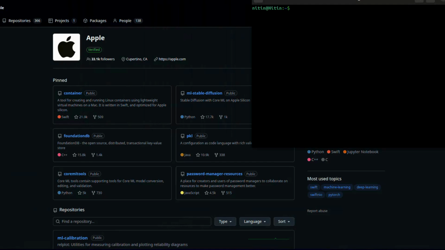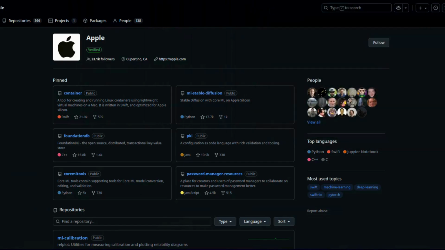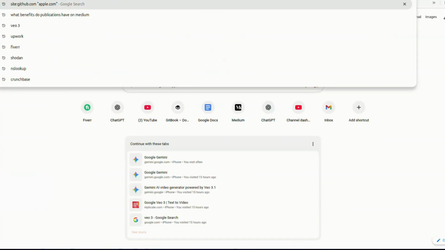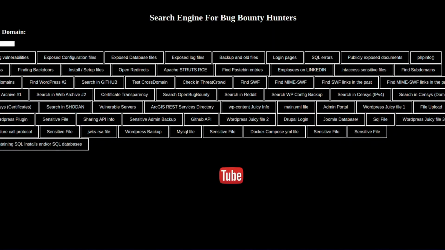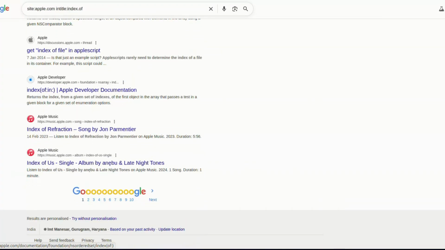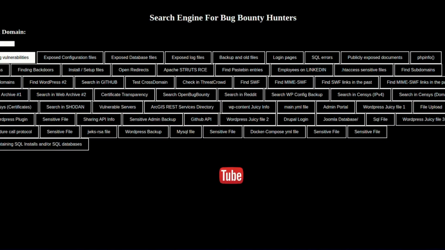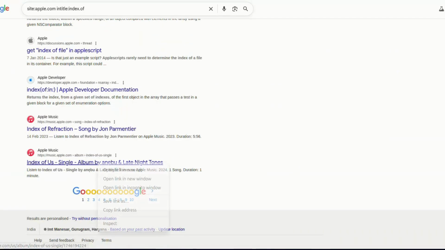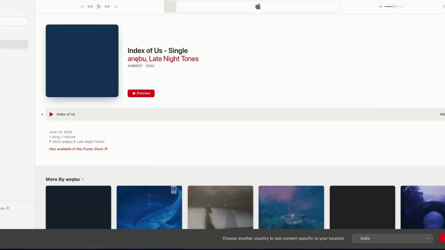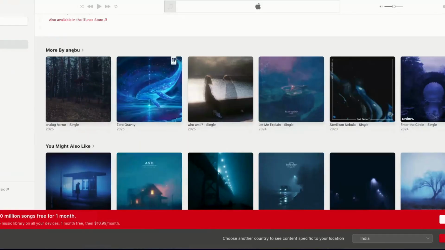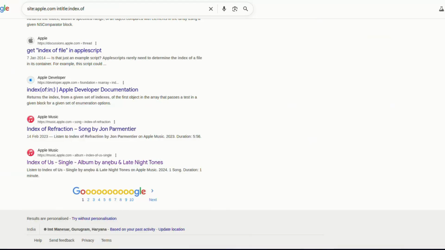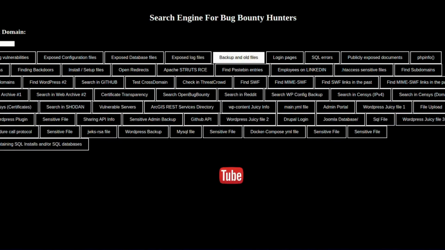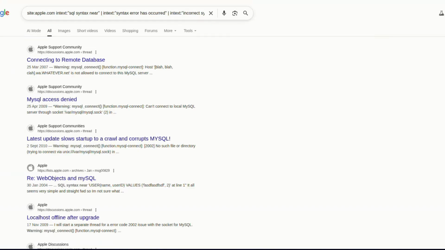So there are many useful tools that you can use, but here we are only doing the manual ways. So one more thing which you can do is, I have a tool, you may be knowing about it, this bug bounty search engine. So if you search for any, like, apple.com, you can just view if these have anything that is related to you. Okay, so you need not remember each of them every time.